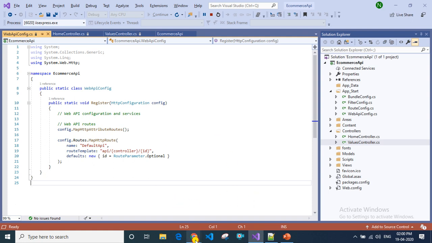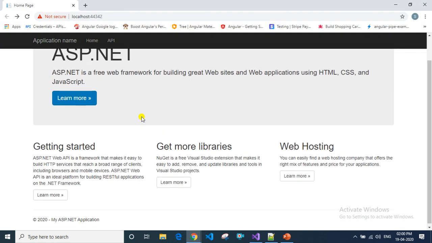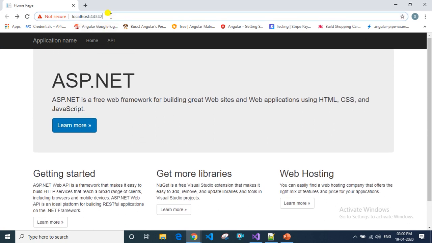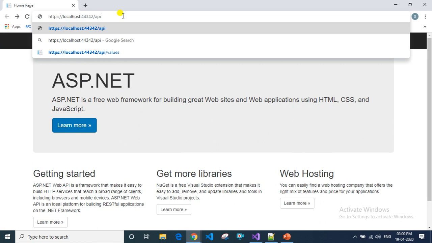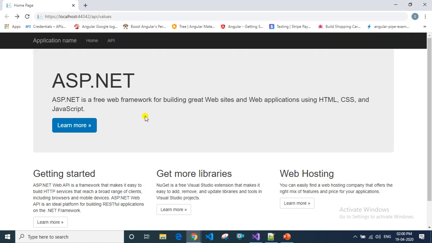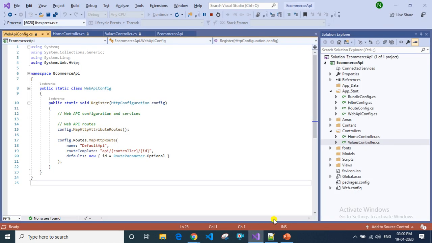Now we will open our browser. You can see here, and if I give slash api slash values, it will go to the values controller. It will go here and check the values controller.